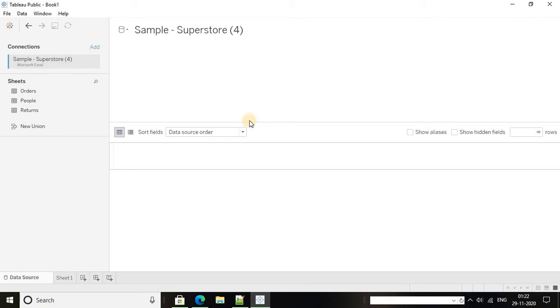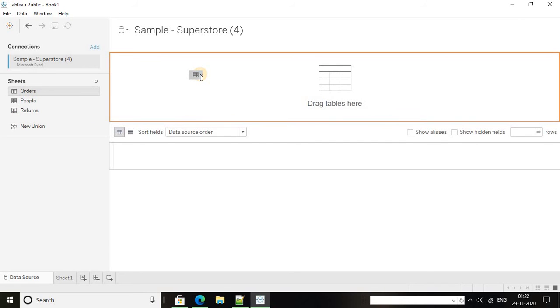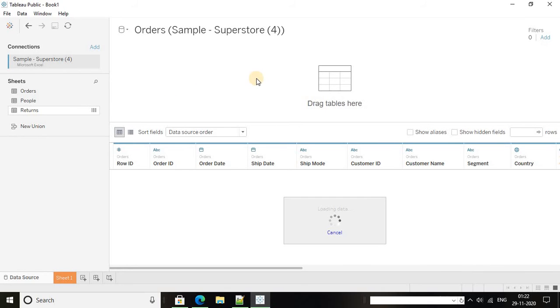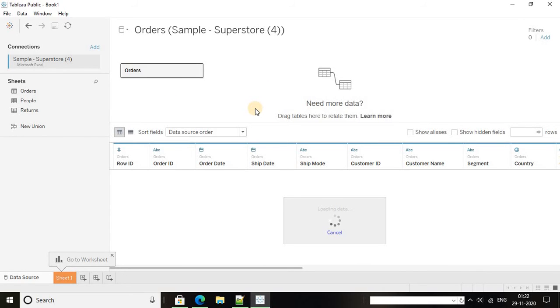After the XLS file is loaded, it shows the sheet names from that XLS file. In this tutorial, we are going to use the orders sheet, which contains the product details. I press orders and just drag it to the tables.